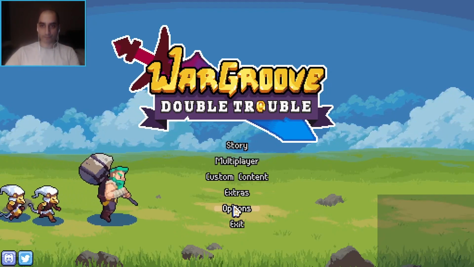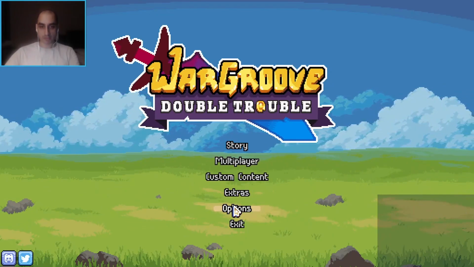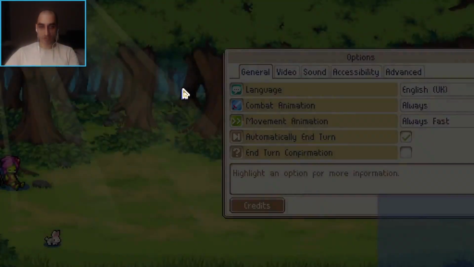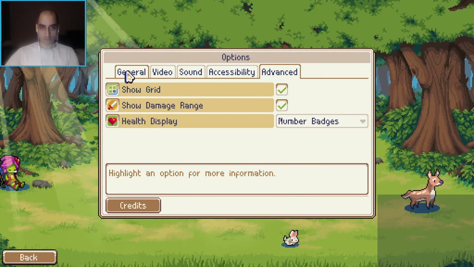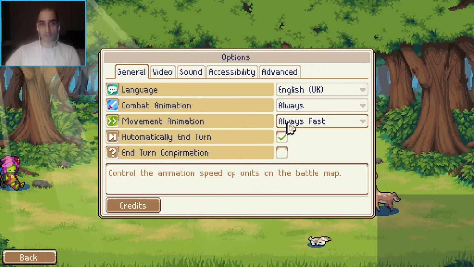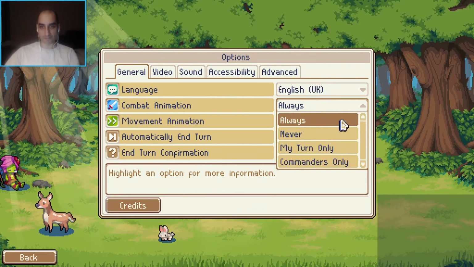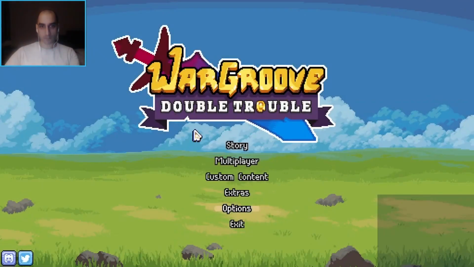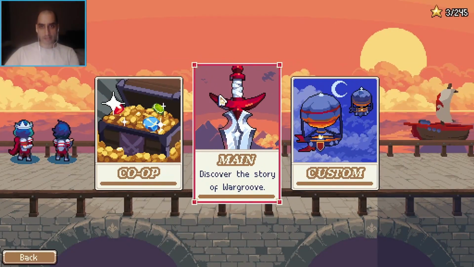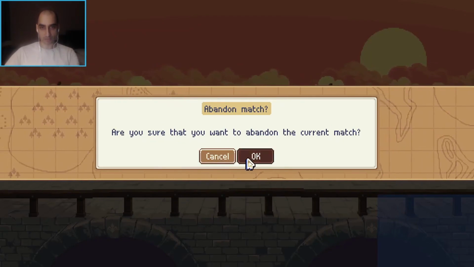Okay, so let's get started then. Just check the options. That's what we always do. I think I've already sorted this out. So I'll put combat animation on to begin with, but eventually I'll turn it off because you don't really need it. It will just slow the game down a lot, but it's cool to see at first. Alright, campaign. I just tested it out earlier, so...